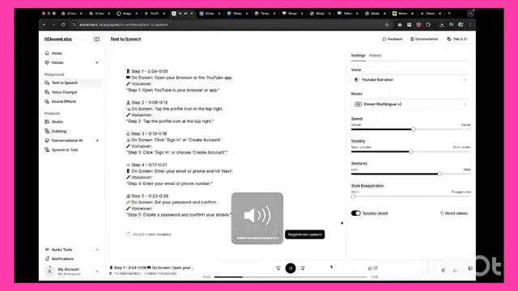Now let's go ahead and check the next step. On screen, it says tap the profile icon in the top right. Voiceover: Step 2. Tap the profile icon at the top right. Step 3. On screen, click sign in or create account. Voiceover: Step 3. Click sign in or choose create account. Step 4. On screen, enter. Now, what you would observe is that it keeps saying step 2, step 3 on screen, and